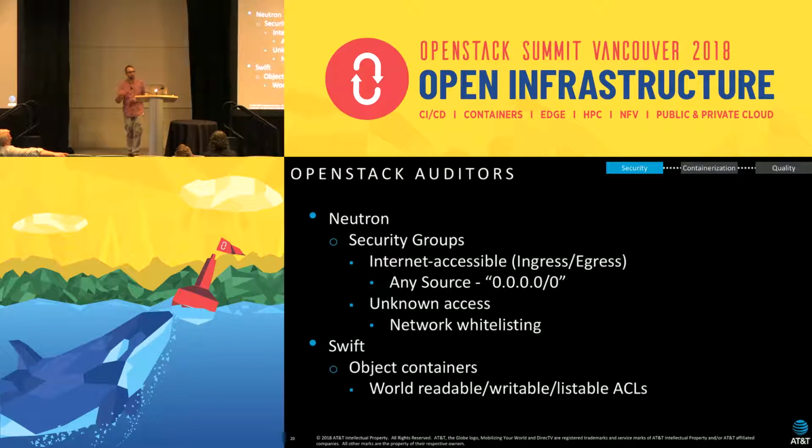These are the associated auditors that run against, again, all the inventory collected by those watchers. So the big one is security groups. So we're looking again for anything that's internet accessible, both inbound and outbound, that are to any source, 0.0.0.0/0. Subclouds have this as none if you don't supply the source information. And then unknown access. So this is an interesting feature that SecurityMonkey has, where